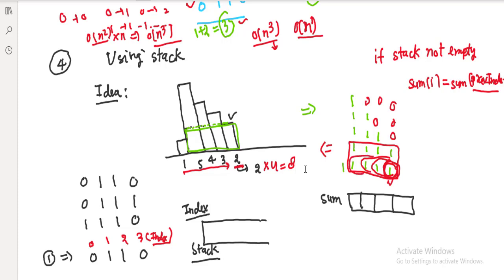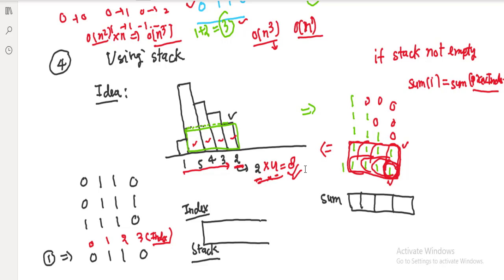We are not computing this one also. We are just going to take with length 2. If its height is 2, we are going to take only height 2. So here total 1 2 3 4, then this one is 5, this one is 6, this one is 7, this one is 8, so total 8. How can we compute it? What is its current height, which is 2, and what is its width? To find width, we will not consider the heights which are larger than this. This height is larger, remove it, larger, remove it, larger, remove it. This height is smaller. So what would be the width here? 1 2 3 4, multiplied by 2, it becomes 8.